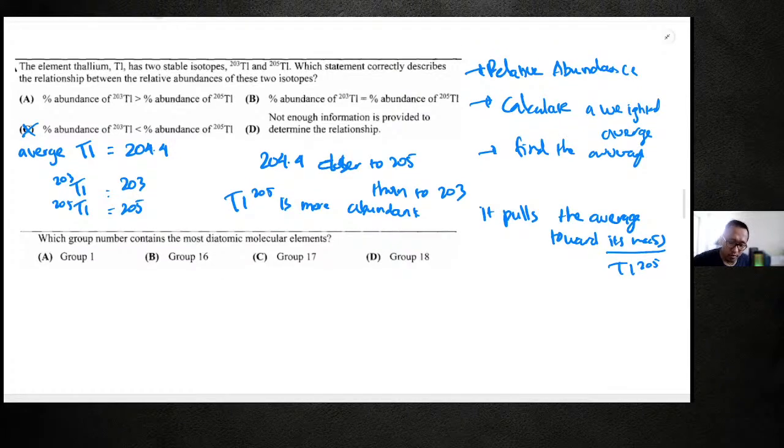Okay, so we are moving to another question, another concept again. We have another question over here. Which group number contains the most diatomic molecular elements? The concept we need to know is the definition of diatomic elements. Diatomic elements